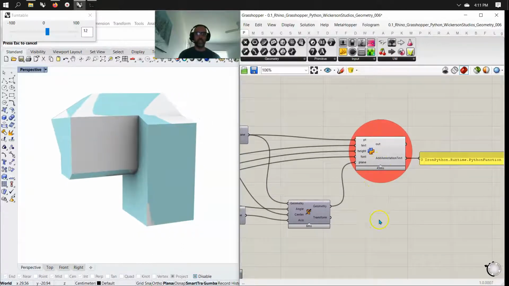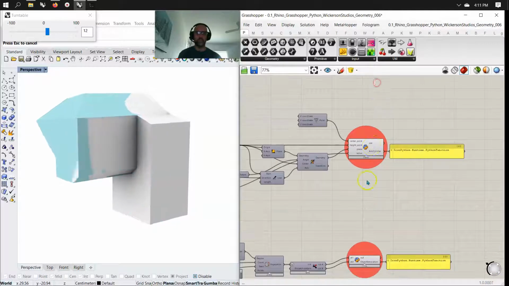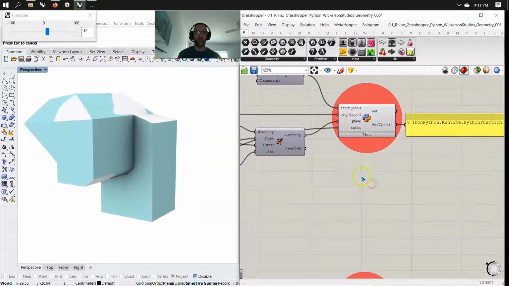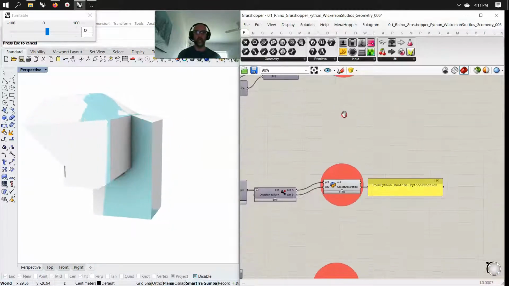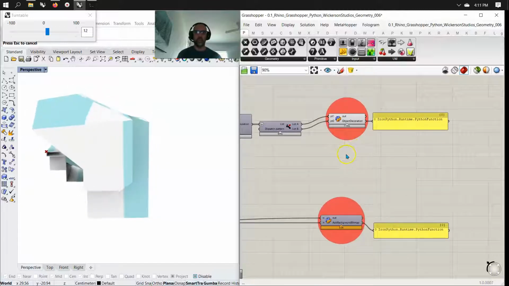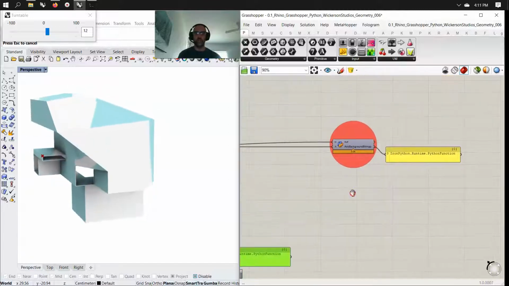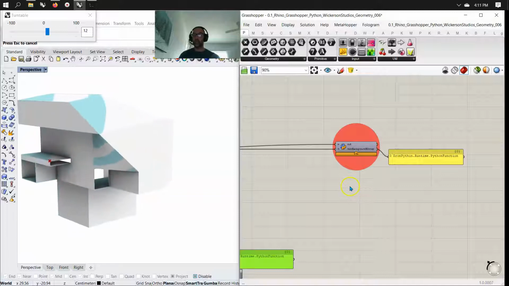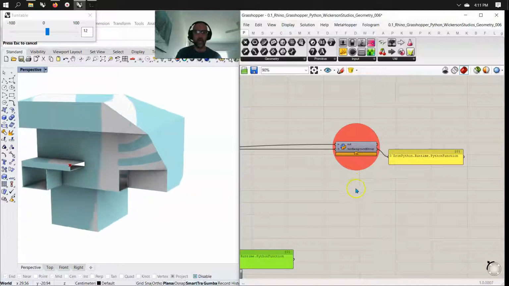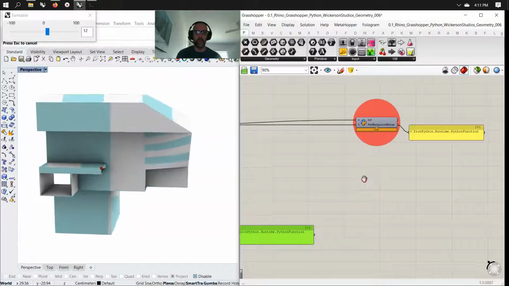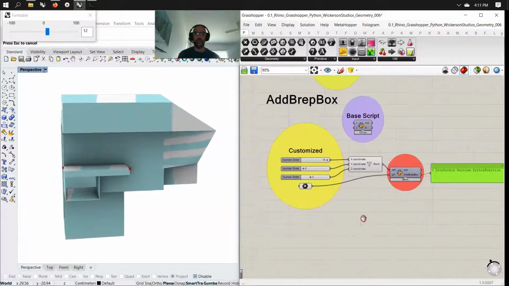This is the add annotation text function, but it does some interesting geometries. This is the add cylinder function, IronPython runtime, Python function. This is the object decoration function. You may recognize where these are coming from, but I'll leave that up to you to do your homework and figure out where. Add background bitmap is amazing as well, but the one function I'm going to focus on is